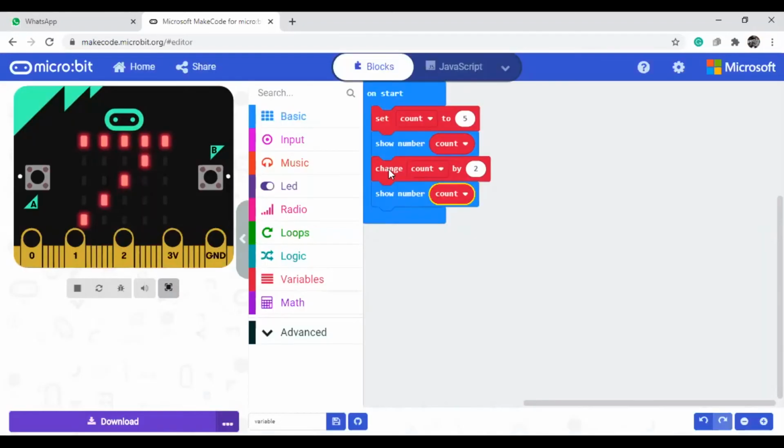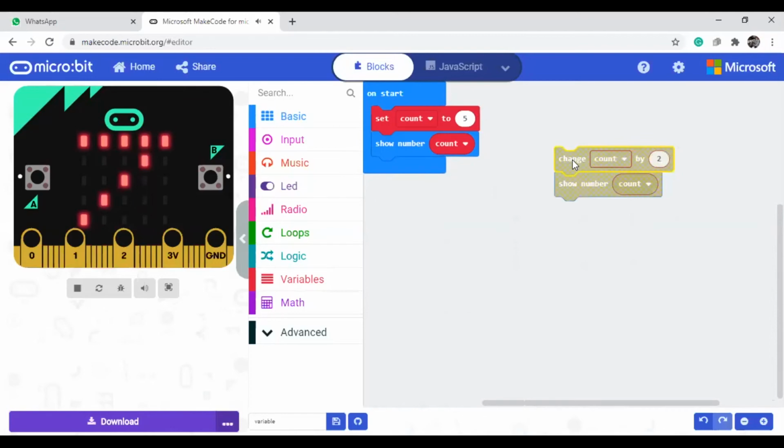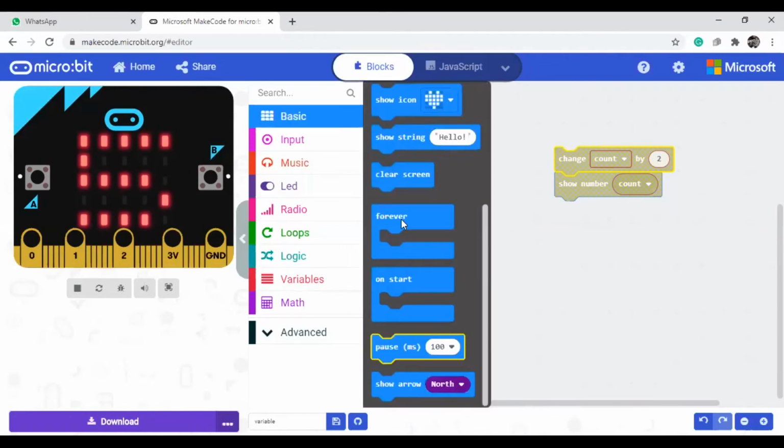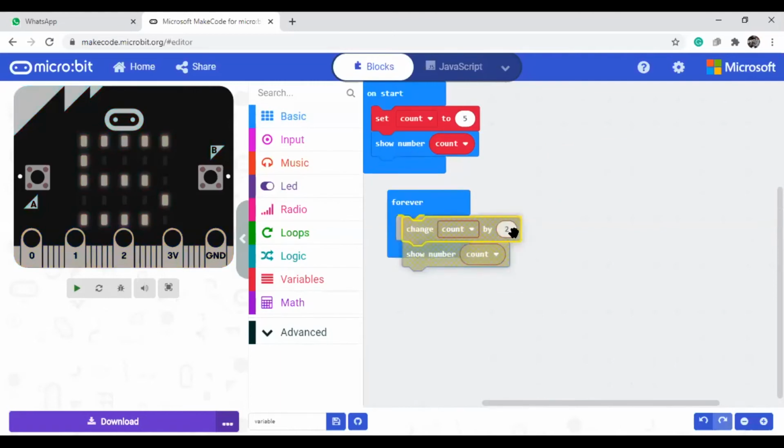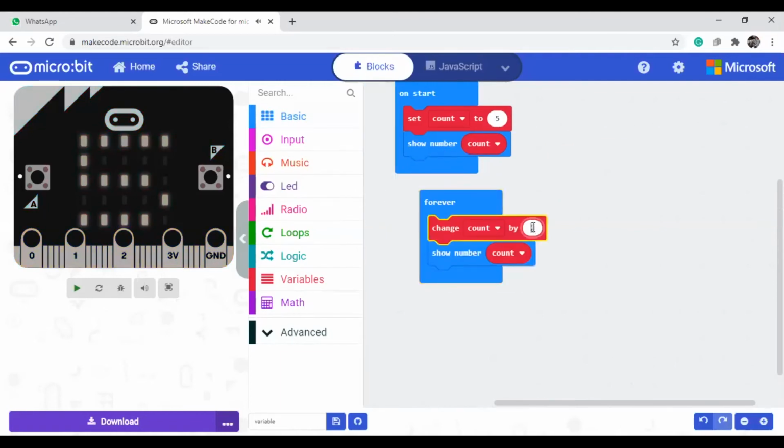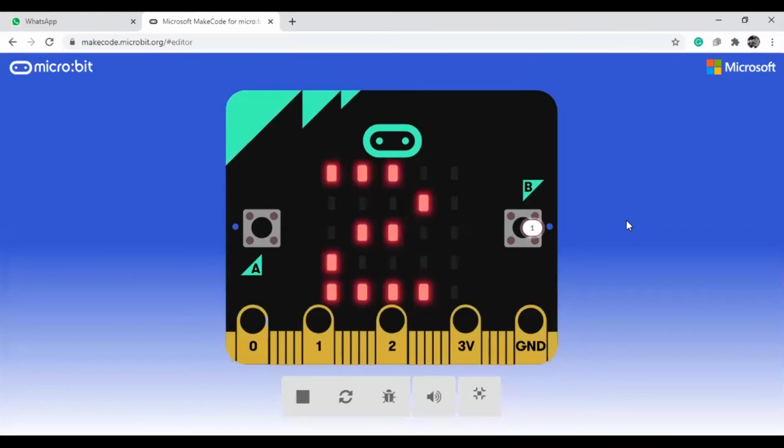Okay, now I don't want it like that. I want to make my block continuously changing. So at that time what I will do, I will take the for block, or else I can also use the repeat block. At present I am using the for block, then I am keeping my code in this one. So the starting value I will give 0, and then I will place 1 here. Now you can see the result. Now the starting value is 0, 1, 2, 3, 4, 5, 6, 7, it is changing like this.